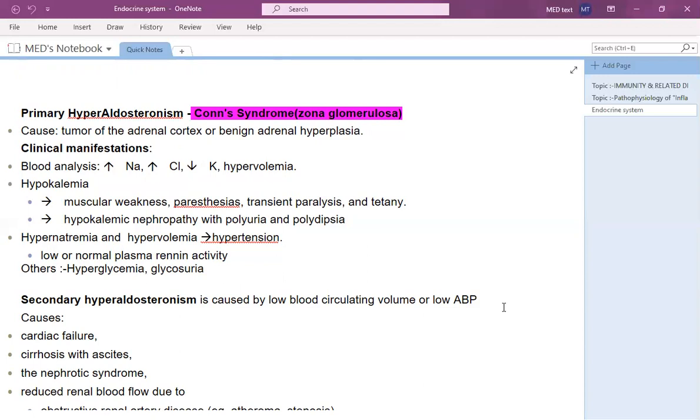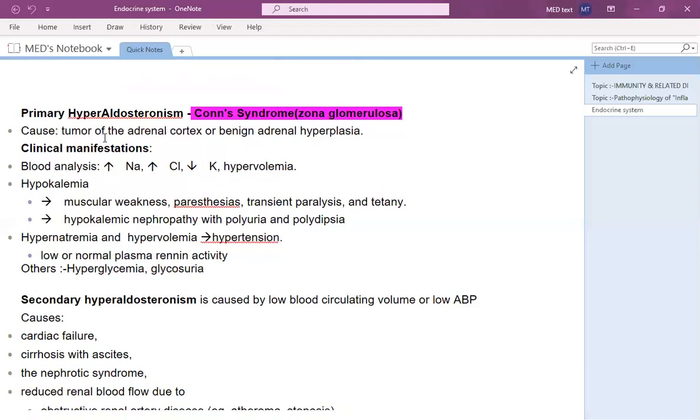What is the end result of this is that the sodium concentration is increased. With increase of sodium, there is increase of water. With both of these increasing, there is increase of blood pressure. So to bring back the normal BP, I mean low BP to normal, this system is activated. So what happens in primary aldosteronism? I'll tell you, there are two